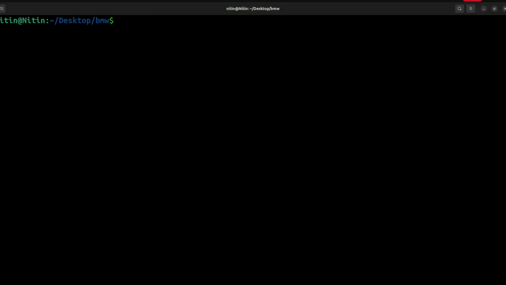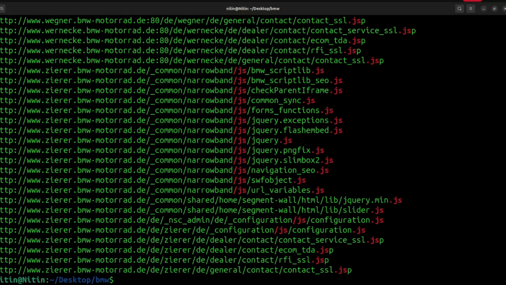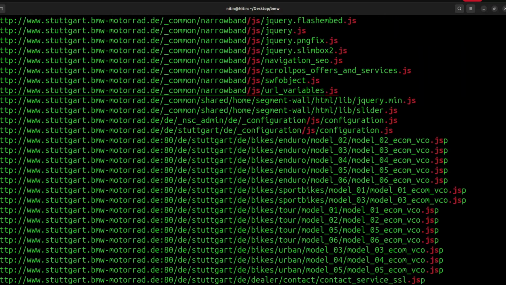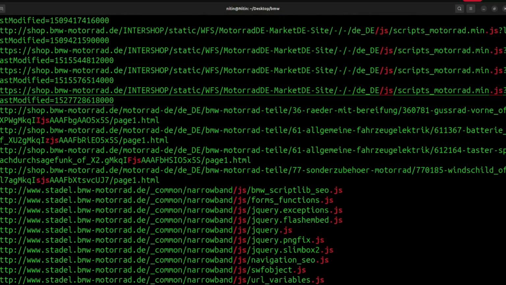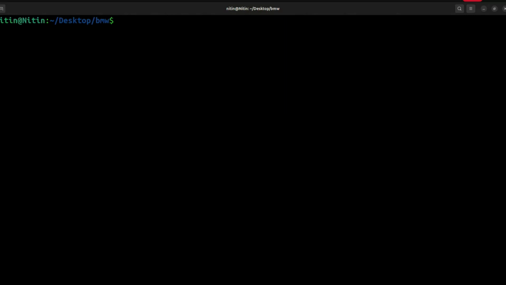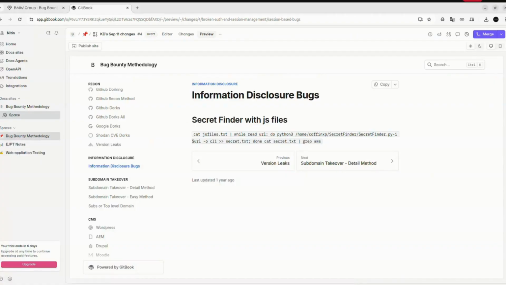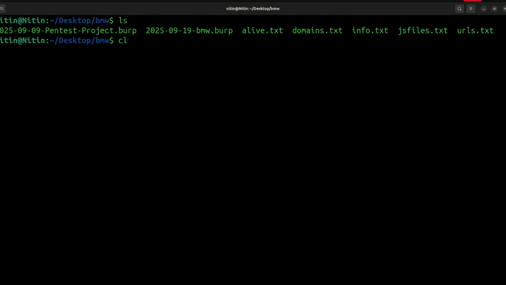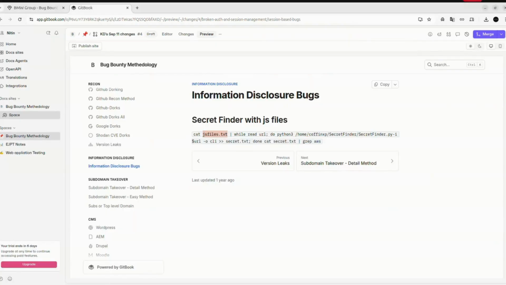So let's do one thing: cat urls and grep for .js. Let's find it. Okay, .js. We have many JavaScript files, and a new jsfiles.txt. It has some other files too, but that's okay. So what we can do is